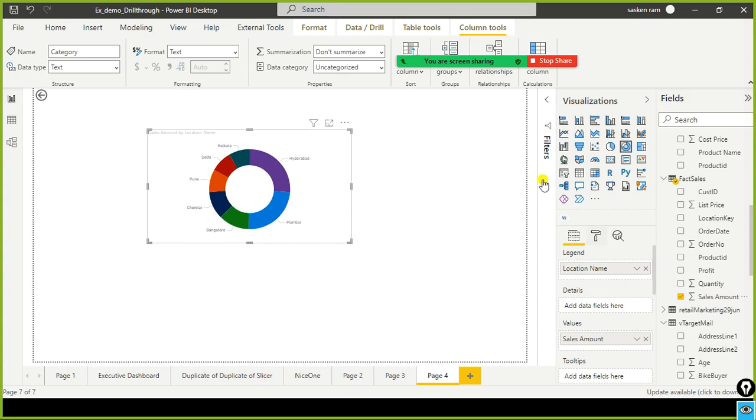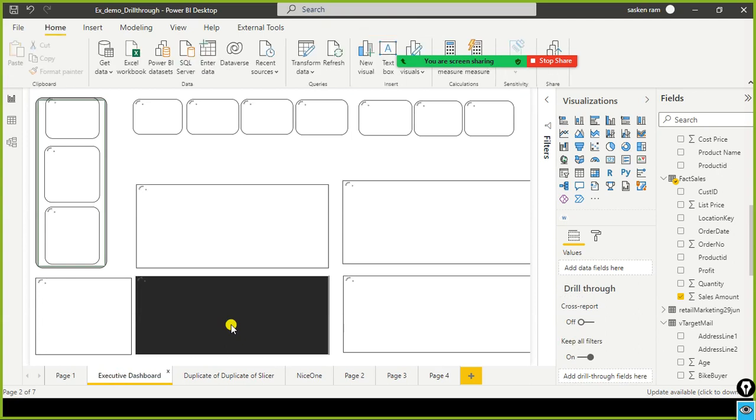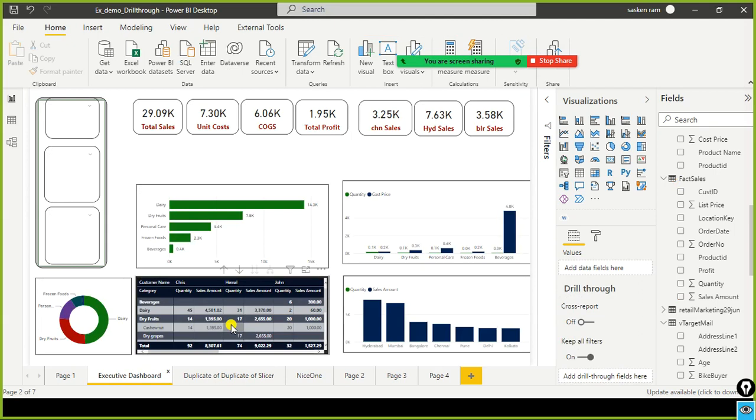So now this page is dedicated to the location related visuals. If I go to the executive page, this is my location, and when I hover the cursor here, all cities are there. When I hover the cursor here, I think it takes a lot of time.